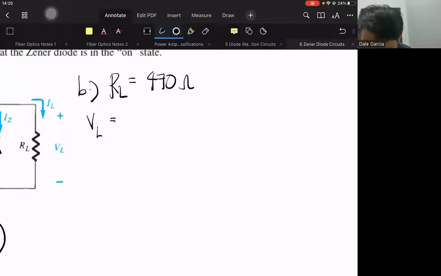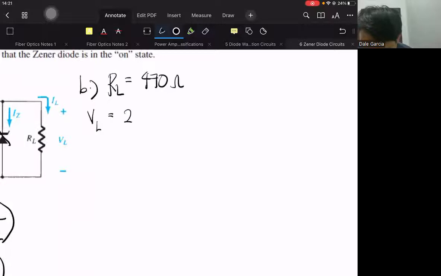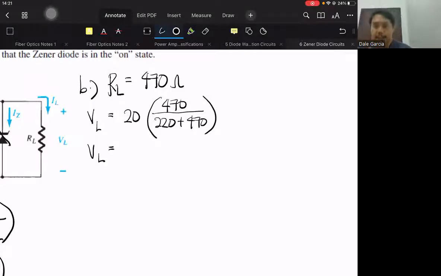VL is equal to 20 volts times 470 over 220 plus 470, which is 13.62